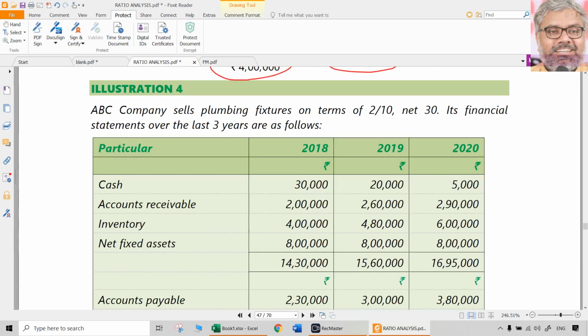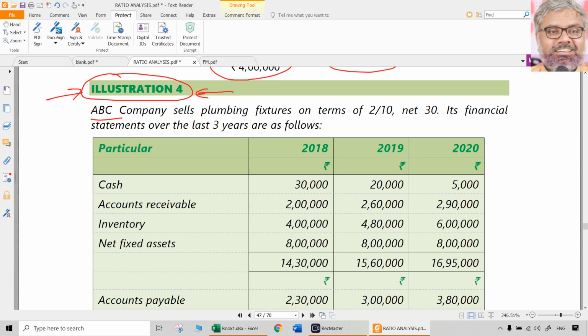Now, illustration number 4, you have to practice. You have to solve it. You can consider this as a task or homework, but you have to do it immediately after this class, compulsorily, so that you check your skills of computing ratios accurately. Knowing is different, actually doing is different, as I told just now. So illustration 4 is for your practice. Don't postpone it. The moment you complete this class, immediately complete illustration 4 also, solving it also.